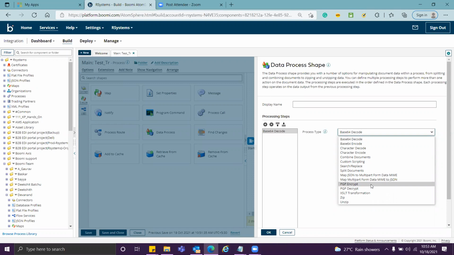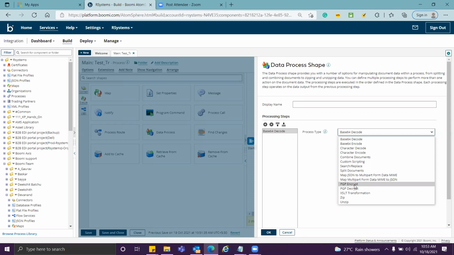What is meant by PGP encryption, decryption? This is like encrypting a document. PGP encrypt will work before sending your file to the client or to a system. When you're processing data, that can be important data, someone's salary, mobile number, address, anything, right? You don't want that data to be compromised or seen by anybody in between, or anybody who opens that file.